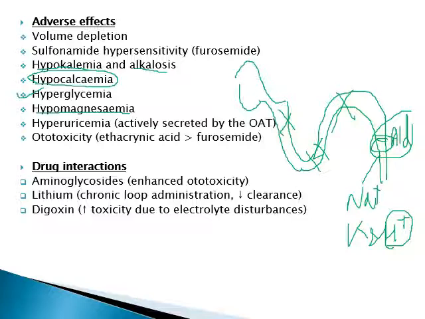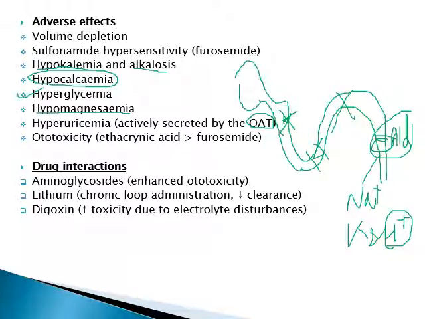And as we know, for the secretion of loop diuretics into the PCT, there is use of a transporter, that is the organic anionic transporter, which is also involved in the secretion of weakly acidic substances like uric acid. So uric acid secretion also involves this transporter. So there will be competition between loop diuretics and uric acid for their secretion.